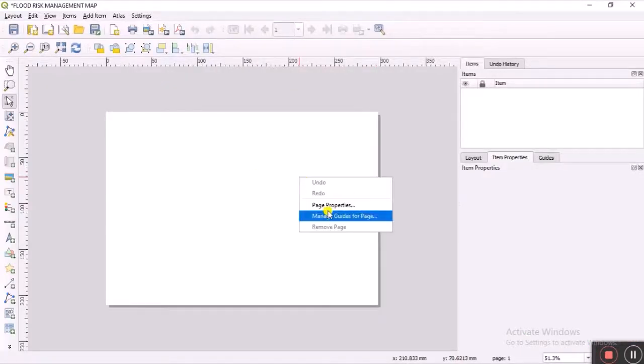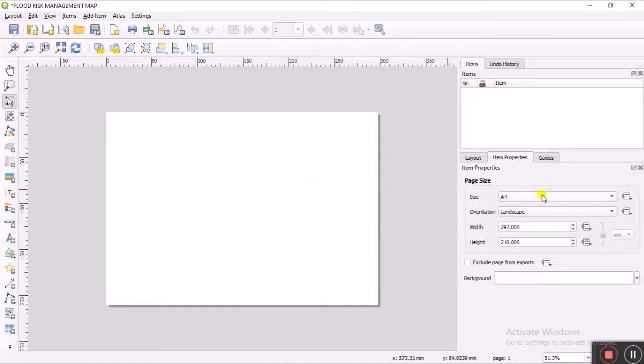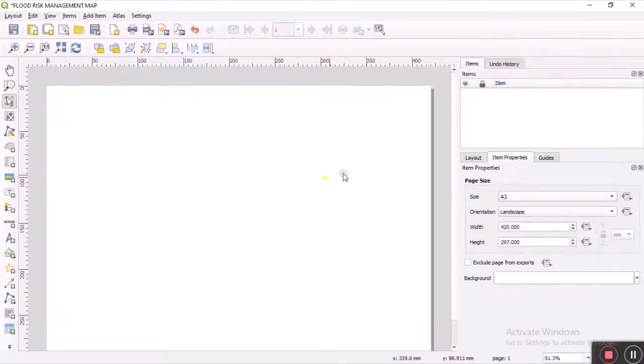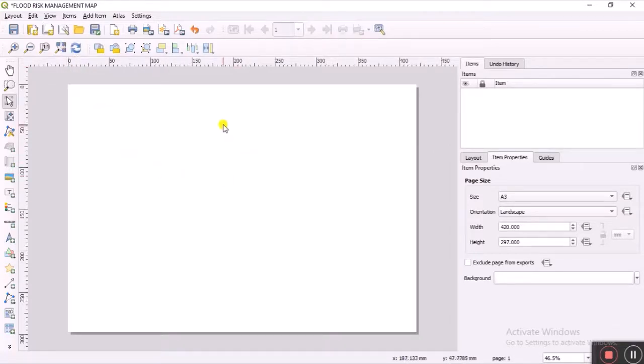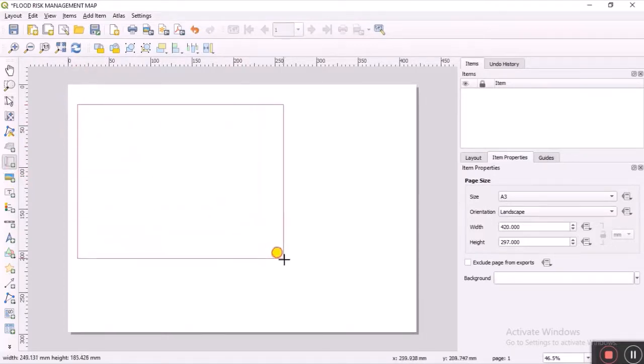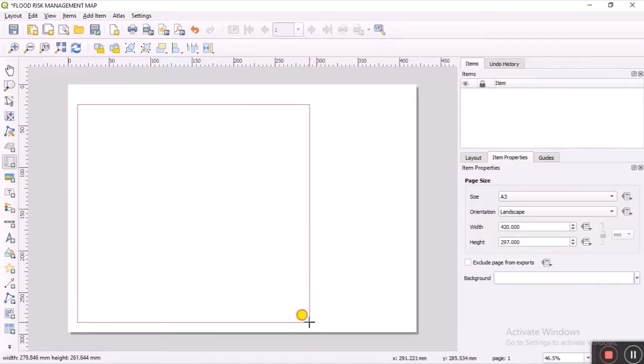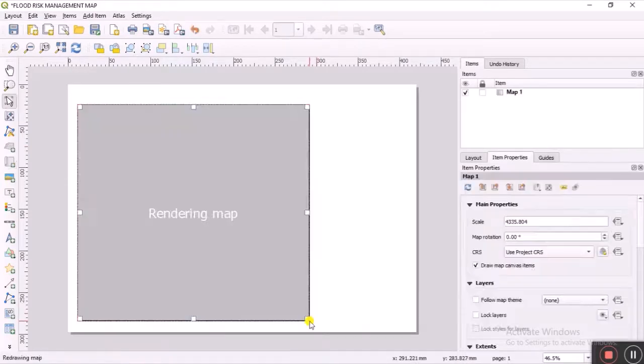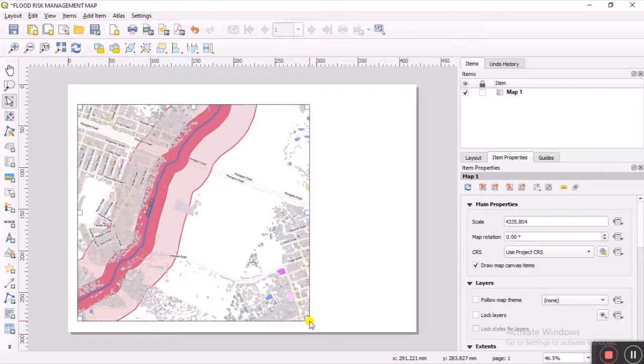and again we can choose the properties of our page to the size that we want, and we can choose the zoom to full option. Then we have to click on add. Then we can easily draw a polygon that will contain our map, as you can see. So that's a part of our map,